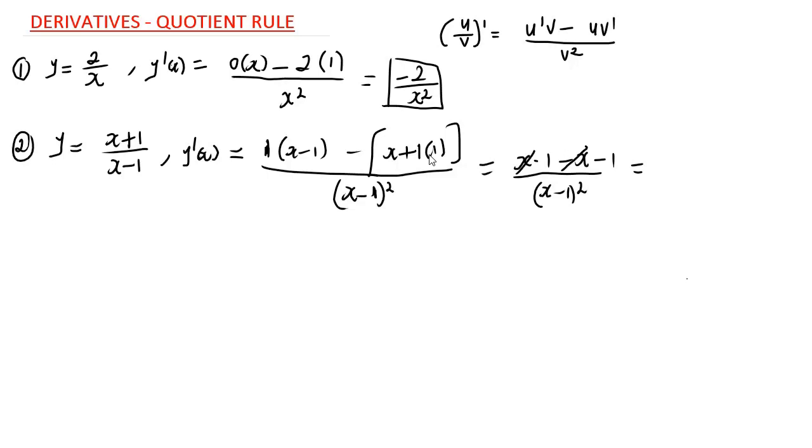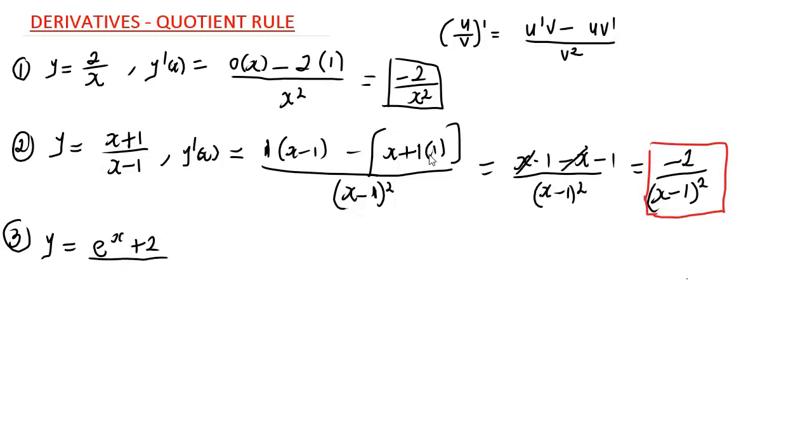As you can see, s is going to cancel s because s minus s is going to give us 0. Then negative 1 minus 1 is going to give us negative 2. So this is negative 2 divided by s minus 1, then raised to the power 2. So this is going to be the final answer. So this is the derivative of the function. So let's take a look at another example. Let's say we have